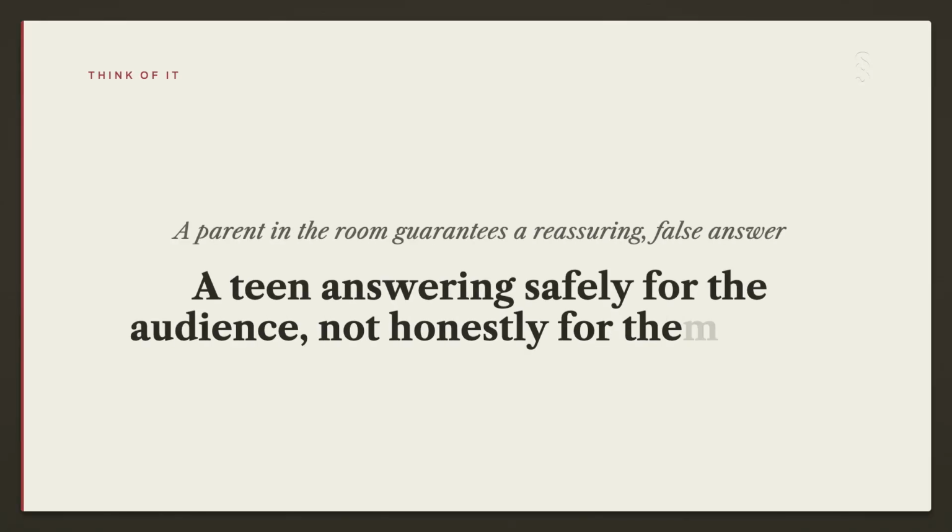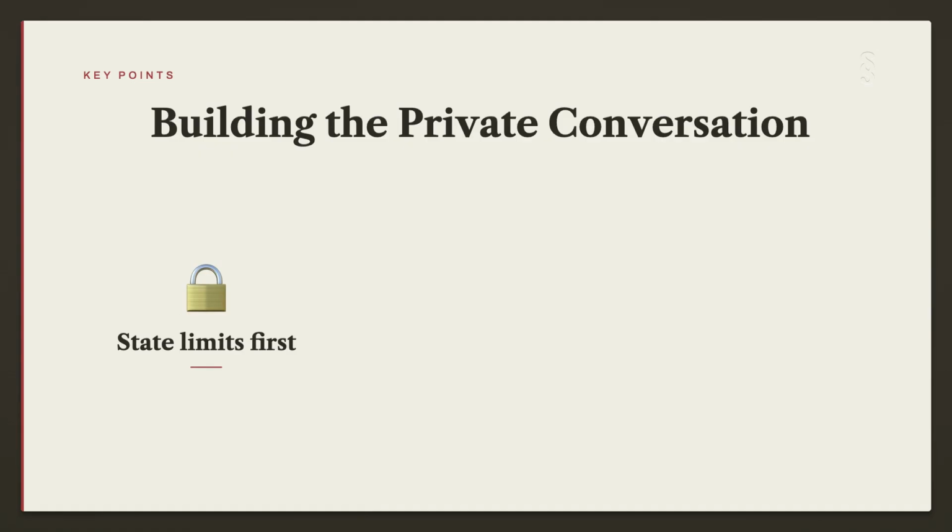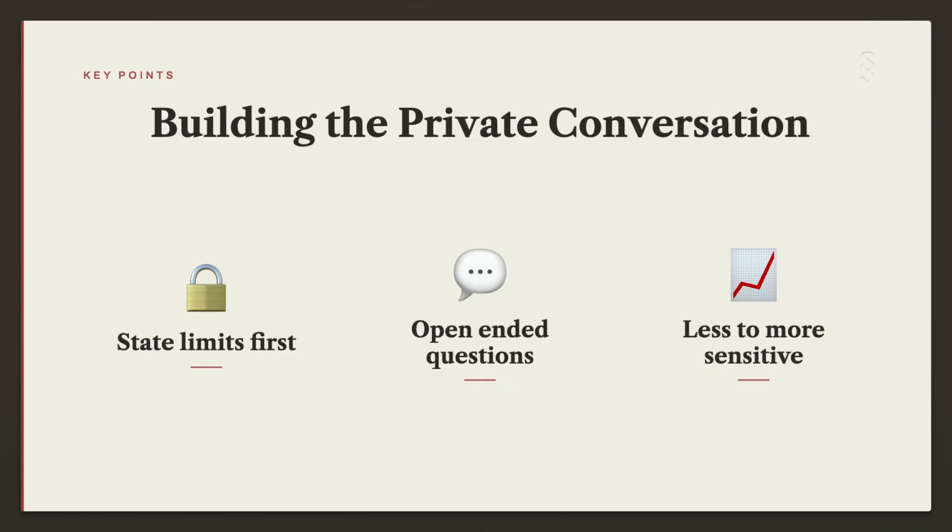Adolescents are forming identity, testing autonomy, and answering to their peer group instead of their family. So the very topics that matter most, like substance use, sex, mood, and safety, are the ones they'll least admit to in front of a parent. Practitioners build this into every visit rather than requesting it as an exception, which would itself look suspicious. They explain confidentiality limits before asking anything, use open-ended questions, and move gradually from less sensitive topics to more sensitive